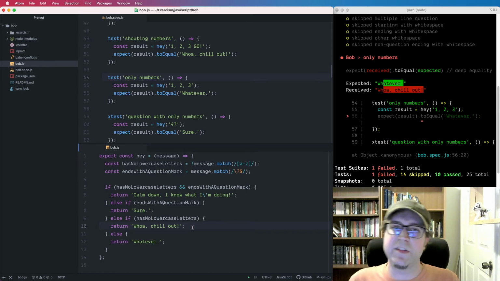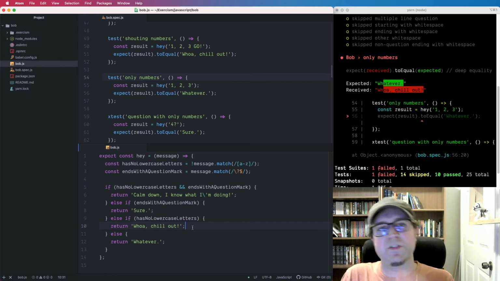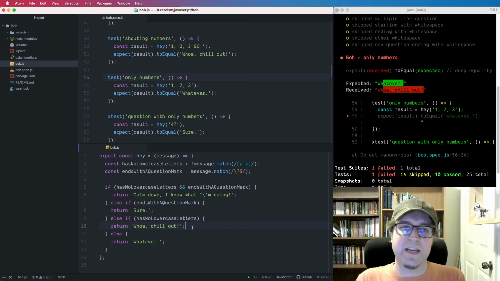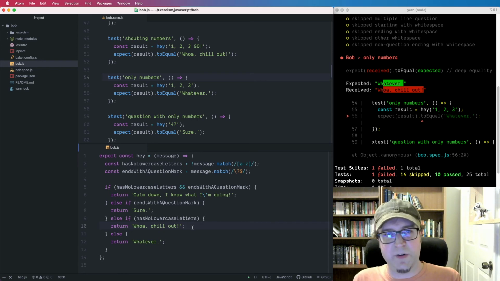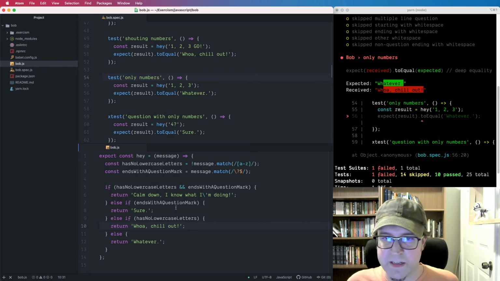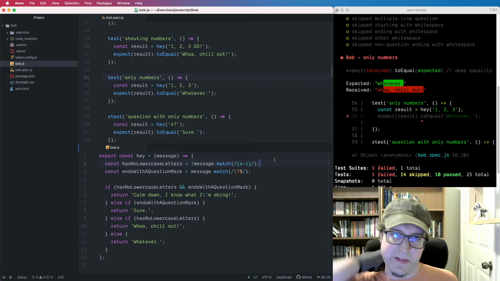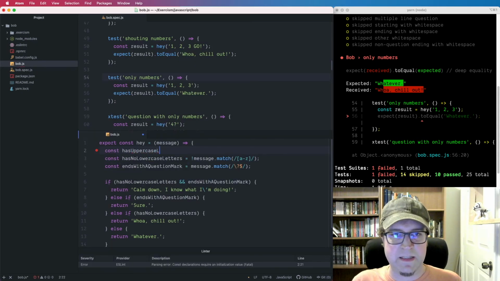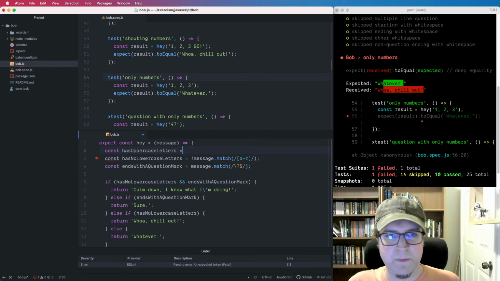Now we need to see that the string does have uppercase letters and doesn't have lowercase letters. It's not enough to just not have lowercase letters. All right, so let's handle this. And I think following this pattern, we can give another named match expression. I think just following that pattern seems good. So we could say has uppercase letters. Maybe has an uppercase letter. That kind of suggests